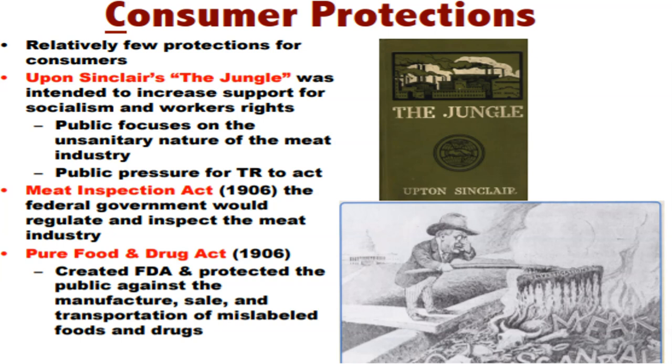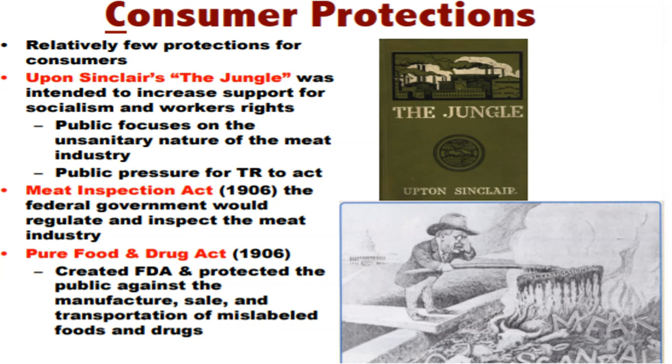Upton Sinclair's writing of The Jungle was very important, and it brought many changes. The idea behind it was intended basically to increase support for socialism and workers' rights, but it didn't actually increase support for socialism. Instead, it brought to the forefront a big problem in the meat industry. So because of Upton Sinclair's book, The Jungle, TR was forced to provide protections